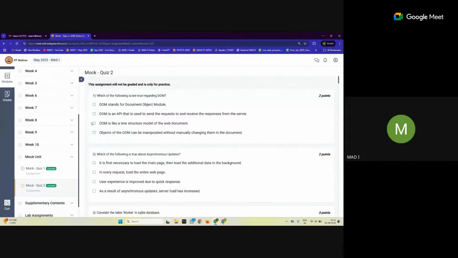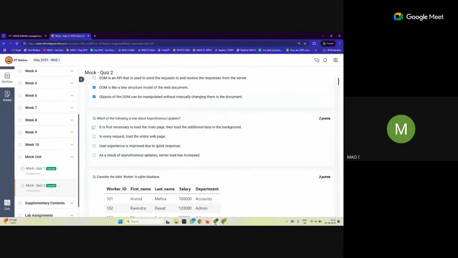All right, therefore, the first option was correct, and the third option is correct, right? As a result of asynchronous updates, server load has increased. This is not correct. Why is that? Because